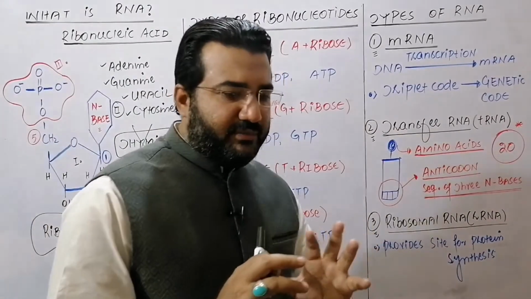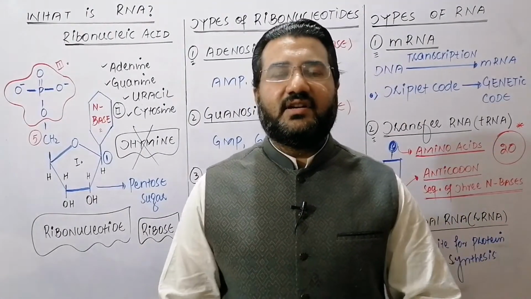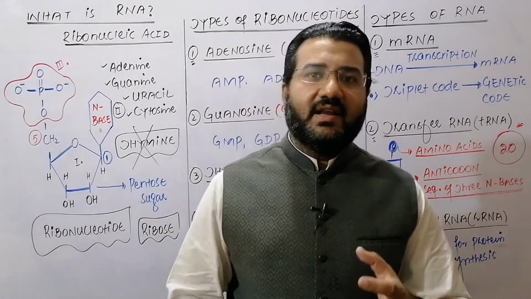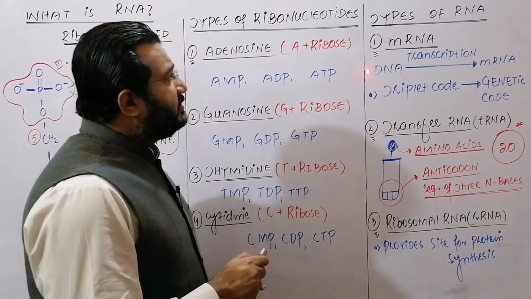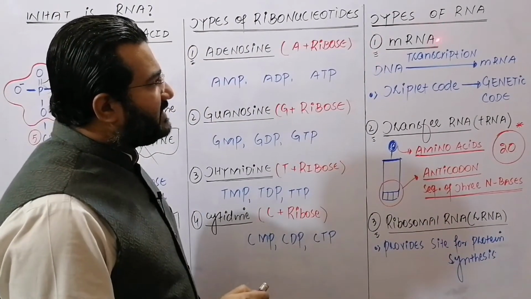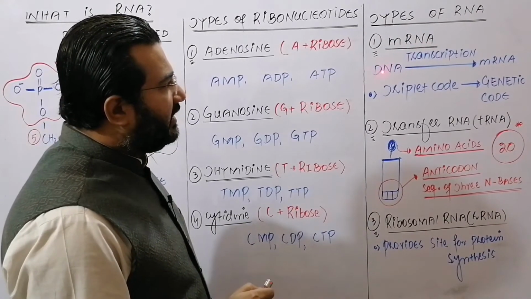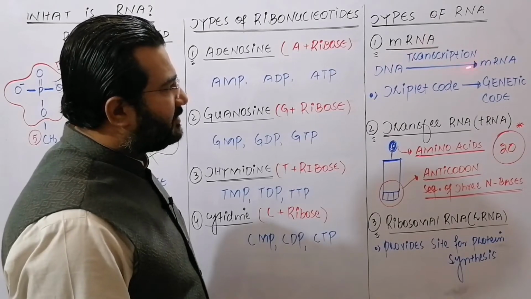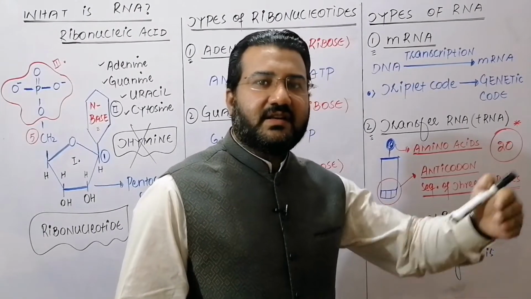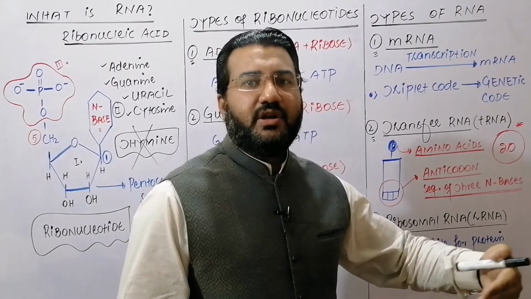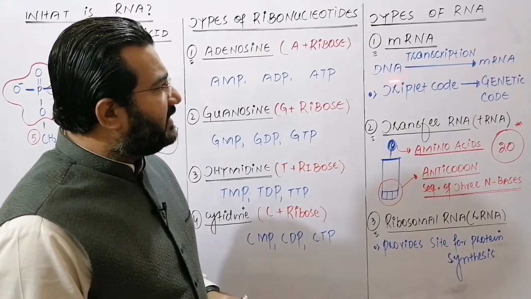When a large number of ribonucleotides are joined through the phosphodiester linkage, a single-stranded RNA molecule is produced. DNA is double-stranded, but RNA molecules are single-stranded. My dear students, there are three types of RNA. One is the messenger RNA or mRNA. Messenger RNA is produced from DNA through a process called transcription. So the sequence of the deoxyribonucleotides of the DNA is transcribed to the sequence of the ribonucleotides of the messenger RNA. And my dear student, this process takes place in the nucleus.